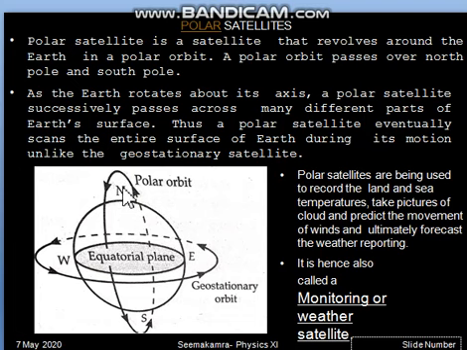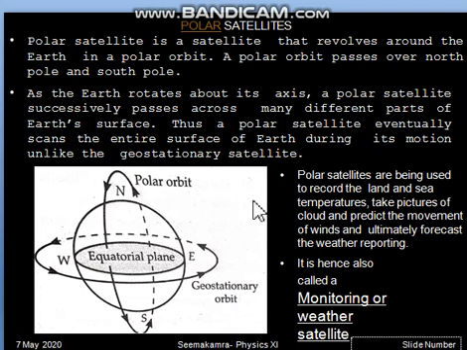Around 500 to 800 kilometers height is given to the polar satellite, so that it is very close to Earth and can closely inspect the data. It can closely observe the Earth's surface and scan the data available. This way it can record temperatures, and it can predict the movements of winds, so it can be used for weather forecasting. So the polar satellite needs to be established very close to Earth. These are the three differences between the geostationary and polar satellite.